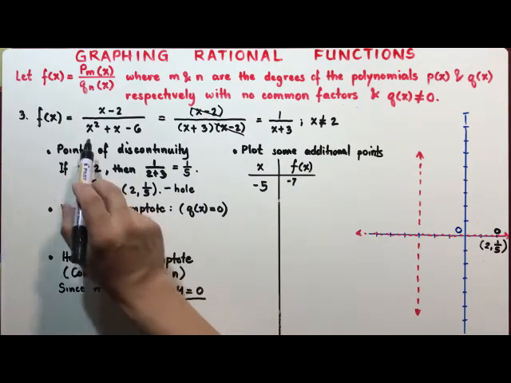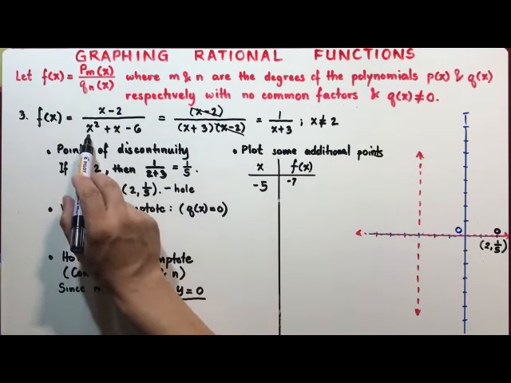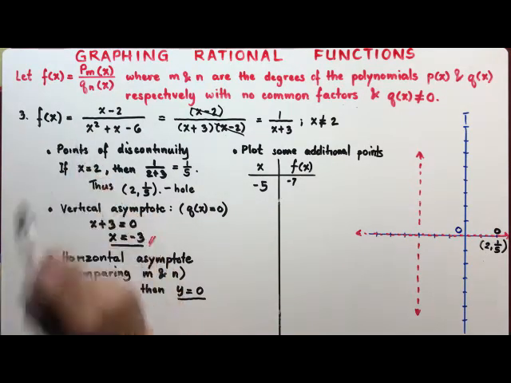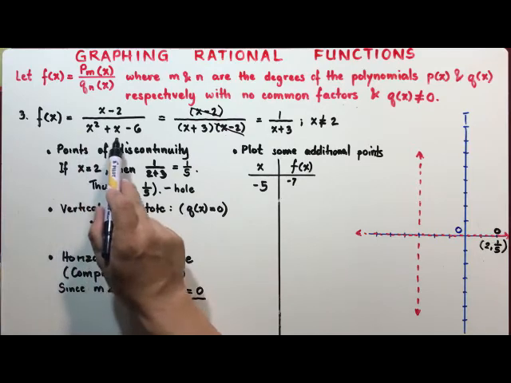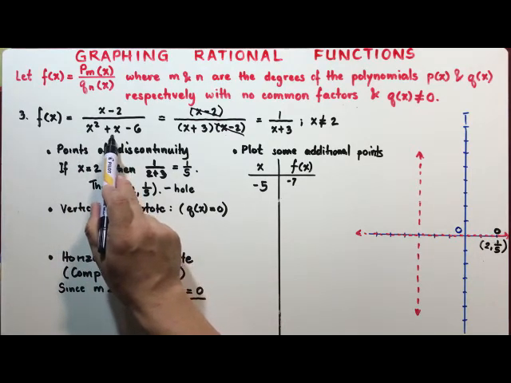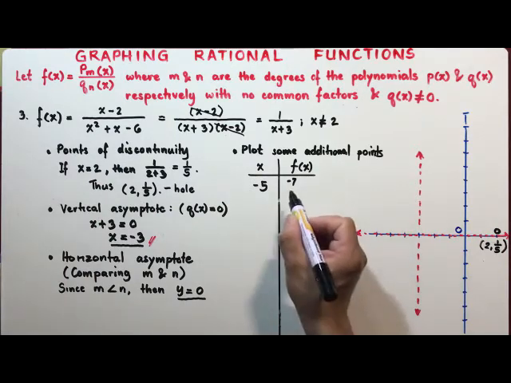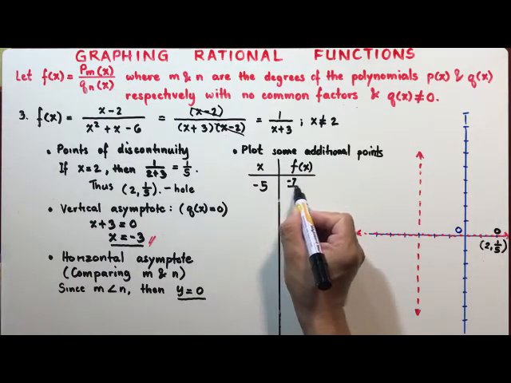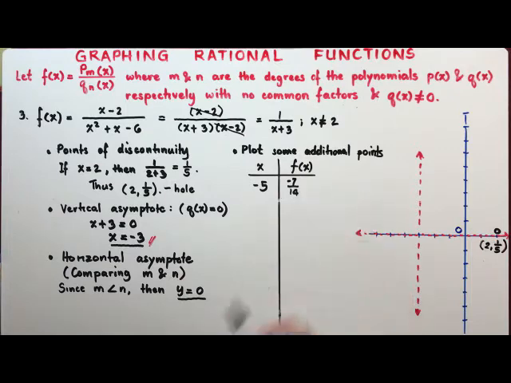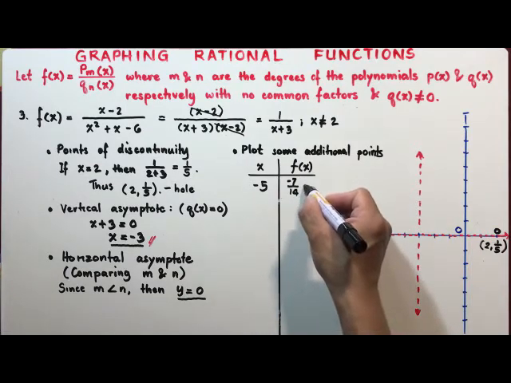And if you substitute it in the denominator, that is -5 squared, which is 25. So 25 plus the -5, that is 20. And 20 minus 6, that is 14. So -7 over 14, it's